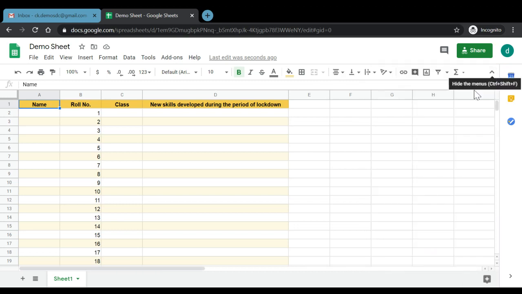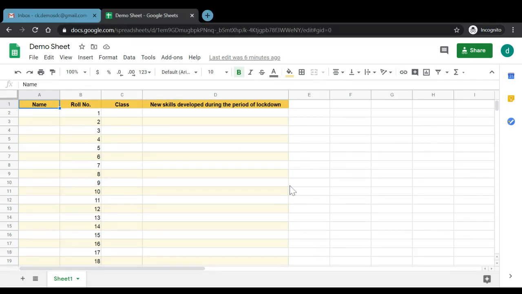Simply speaking, Google spreadsheet provides a lot of features which are very different from Microsoft Excel, but it is a more collaborative feature and more user friendly. But yes, there are a number of advanced functions that are available only with Microsoft Excel and not available with Google spreadsheet. Now, we have some more options that Google spreadsheet provides us that we'll explore in a few minutes.